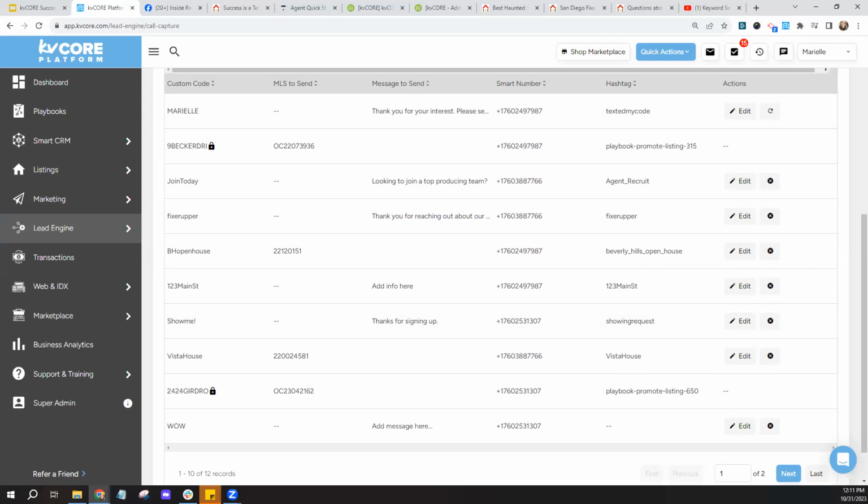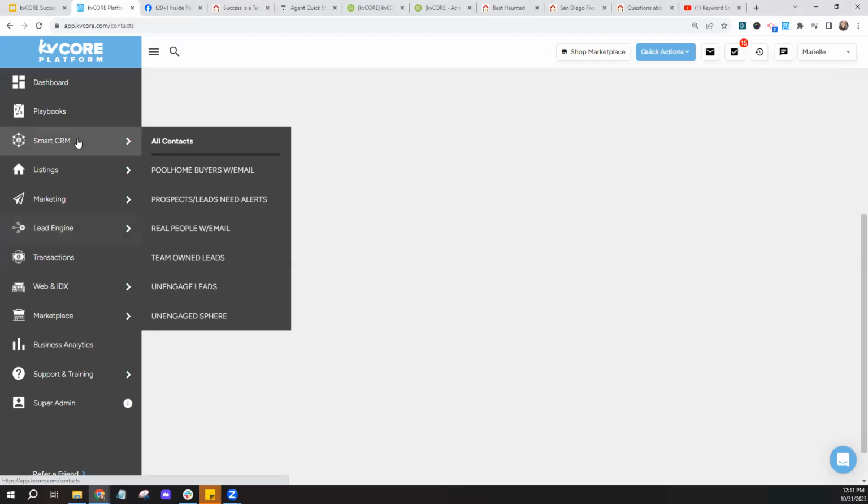Let's see. I missed a question from Robert. All right, I saw there's a couple in Q&A. Robert asks, how do you check more than one screen of contacts? I've got multiple screens to check names, but I can only select what's on the screen. I need to be able to select names from multiple screens without kvCORE unchecking the previous screen, just keeping all the checked names. So you're saying that